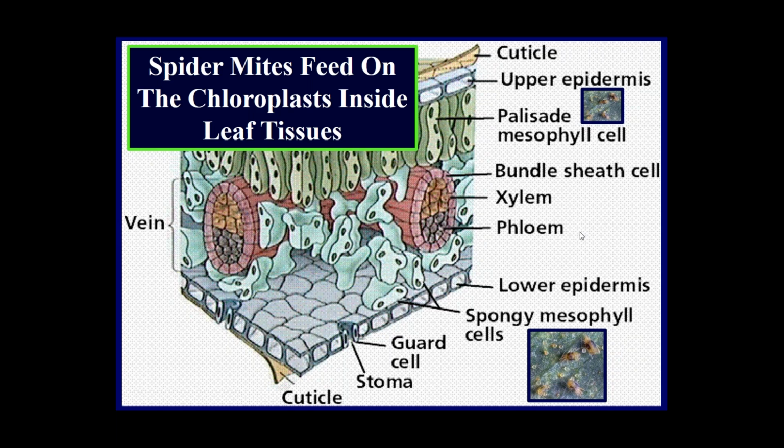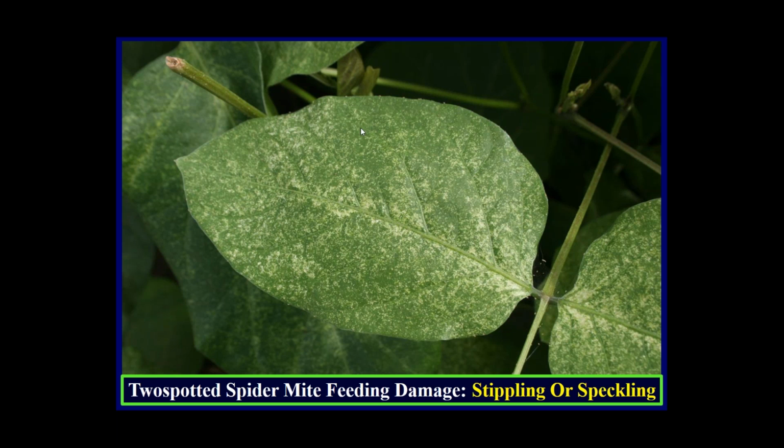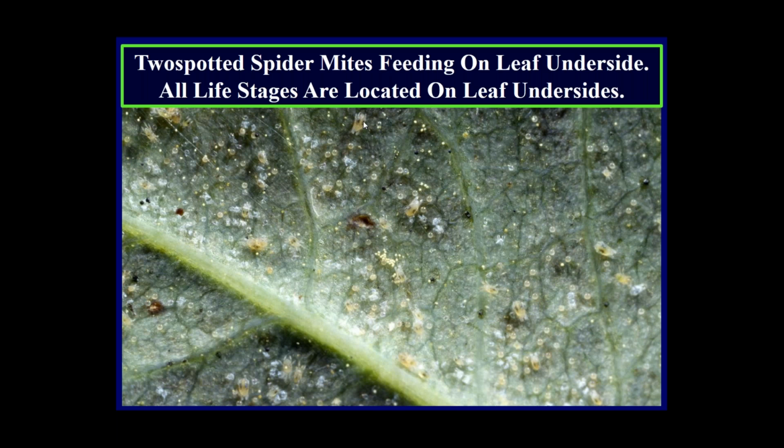Okay, so what does the damage look like? Well, this is classic spider mite damage. The cell that you see white has had the green content removed during the feeding process. Okay, everything is on the leaf underside. So again, take a white sheet of paper, attach your clipboard, shake the leaves, and you'll see the spider mites moving around slowly. Here is the male, female, the eggs, and here is the webbing right along the midvein. Okay, so just like thrips and aphids, most of the activity